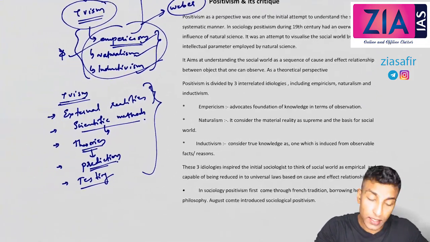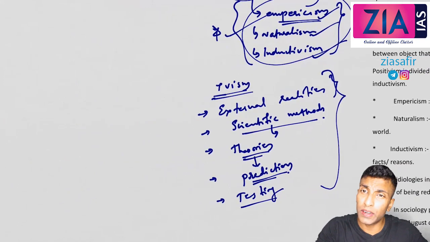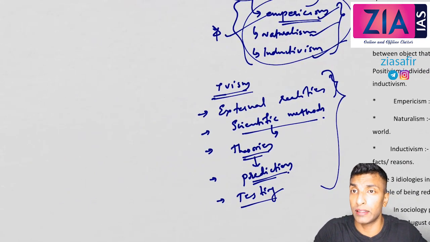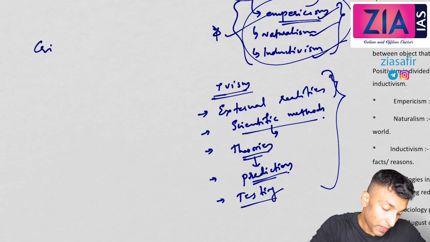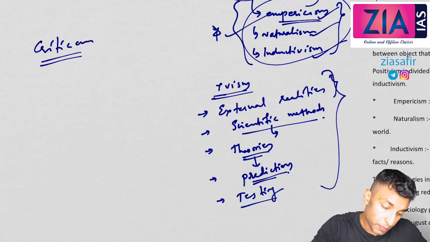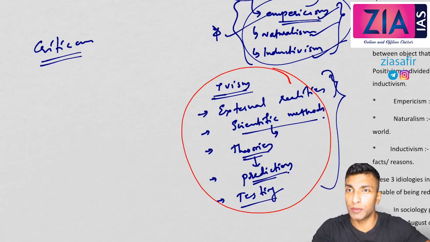So let's continue with this discussion. We have talked about positivism. Now what we need to do, we will simply say contribution, some contribution like positivism provided the initial legitimacy, and all those things we can say, and then we will move on to criticism. Once we know this part, the elements and criticizing, I don't think you will face any problem. Only this much you need to know.